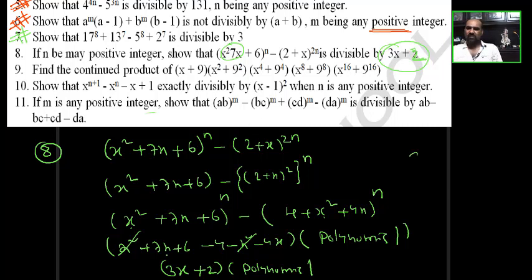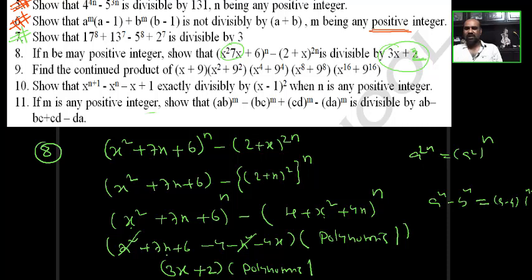Just this is in the form of a power 2n, which can be written as a square whole power n. After I split it, after that this is the form of a power n minus b power n. A power n minus b power n is always divisible by a minus b only, n being any natural number, even or odd. Okay, that's why a minus b is some polynomial. Understood? A minus b is some polynomial because this is nth degree, no? For example, a power n minus b power n equals a minus b into a polynomial of n minus 1th degree, like that one polynomial you will get now.